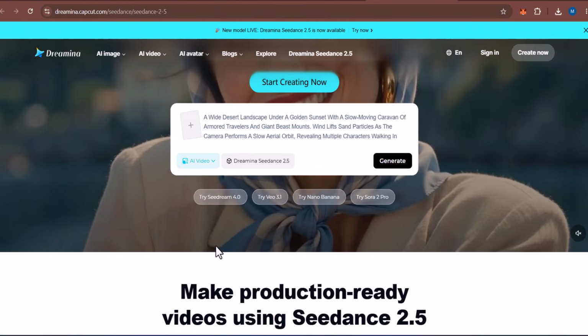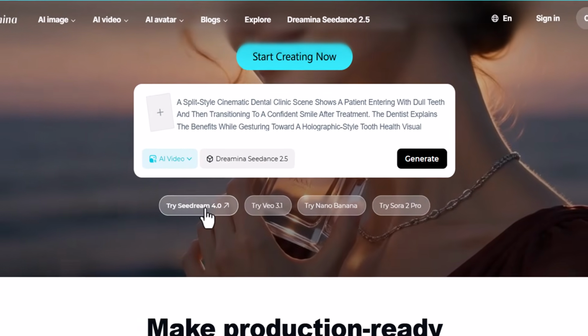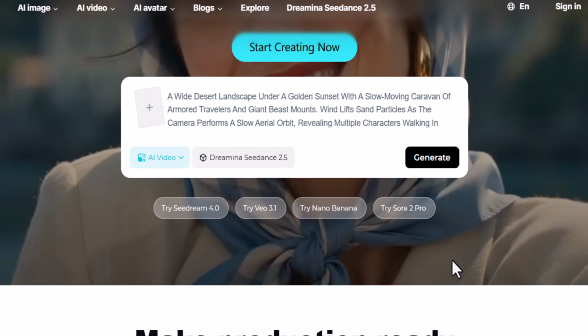Dreamina Seedance 2.5 outperforms legacy tools like Sora 2, VO3, and Runway by delivering true film quality video, consistent characters,